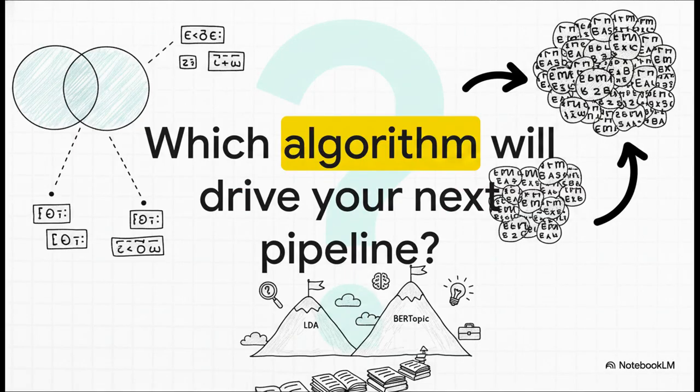We've explored the classic recipe-style word overlap mixtures of LDA and the deep, context-aware semantic embedding clusters of BERTopic. Armed with this fundamental understanding of probabilistic mixtures versus neural networks, which tool will you choose to finally conquer your mountains of unread text? The power to instantly decode millions of words is completely in your hands. Now you have exactly the knowledge you need to go out there and build your next great data pipeline.